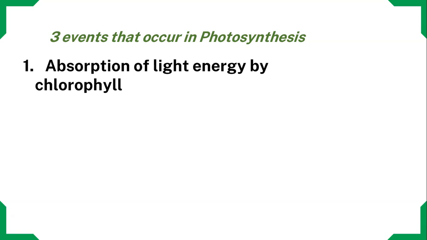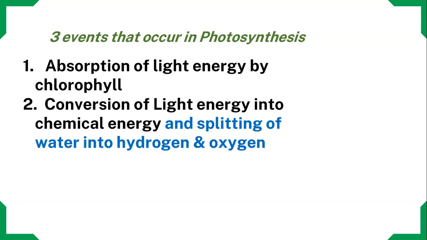So firstly is the absorption of light energy by chlorophyll. The plant obviously requires the energy to be able to combine the raw materials to make the carbohydrate, and that energy comes from the sunlight, and sunlight is absorbed by the chlorophyll. But light energy cannot be directly used, so light energy has to be converted into chemical energy, and after that